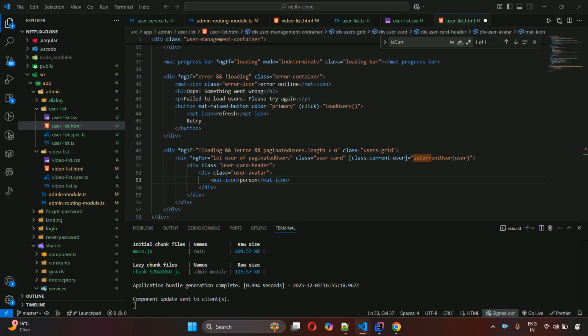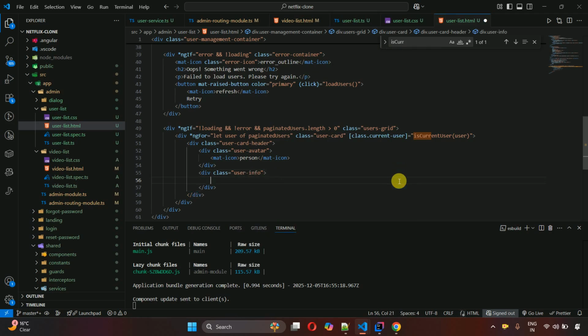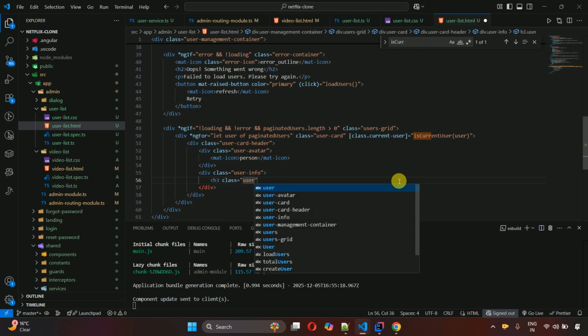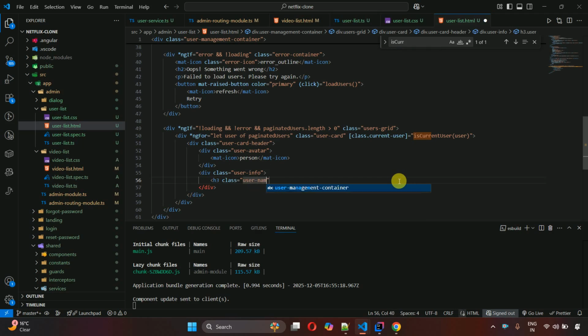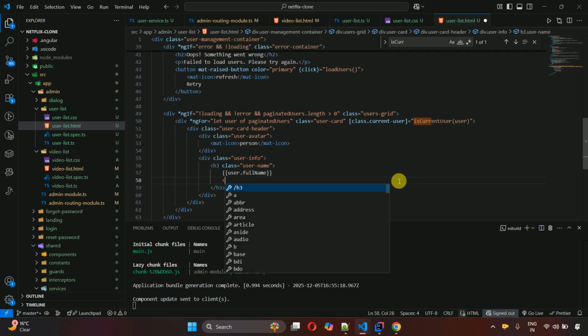And outside of this particular user, this one over here, we have to create one more div. So div class user-info, and h3 class user, and this time we also need to write a name, username, and then user.fullName, and then span